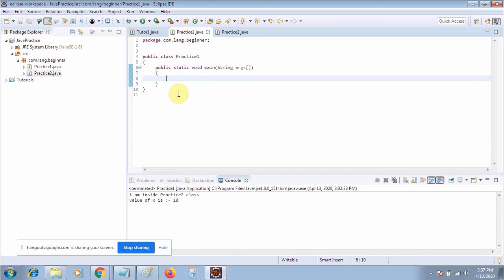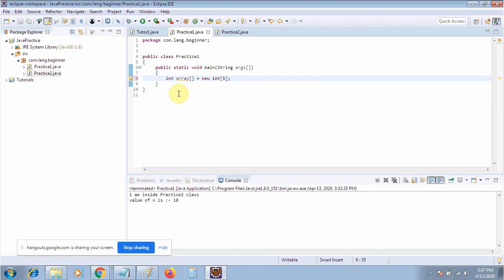So the first way, and the recommended way, is to create an array like this. First of all, give the data type, whatever you have, like integer or string. Then give the array name and these brackets to denote the array. Then, as I told you, in Java these are a kind of object, so we will use the new operator, then the integer type, and then give the size of the array. This is the first way to create the array.